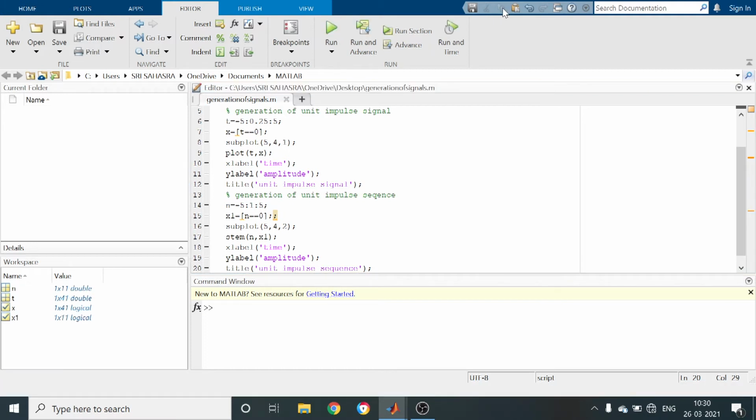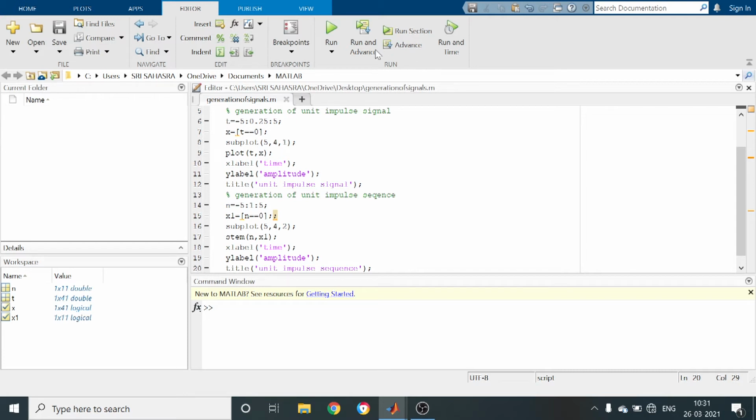Just maximize the figure window. What do we have in this window? The total page is divided into 5 rows and 4 columns. The first plot is the unit impulse signal, whereas the second plot is the unit impulse sequence. Just try to observe. The x-axis is time, the y-axis is amplitude, and the title is unit impulse sequence. The amplitude of this sequence is defined only at n equal to 0 and the value is 1.